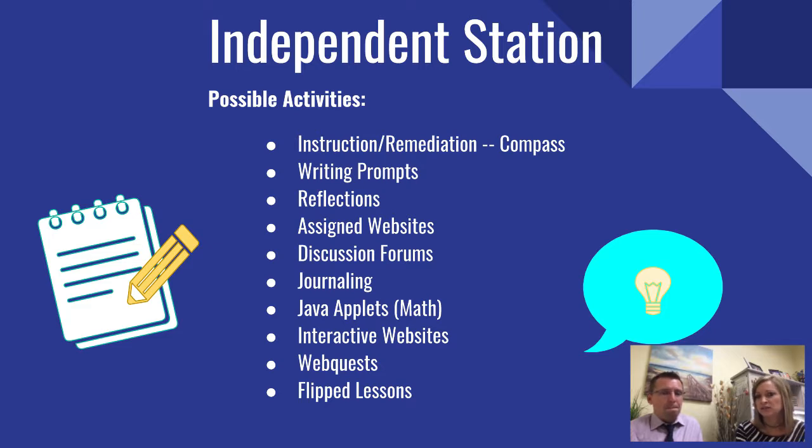I think one of the things that I just want to mention, as Ken was going over the direct station and the independent station and different activities, that I feel like we really need to reinforce is that we really like to see in the classrooms, and so do the students, I believe, is that they're doing different things every day. I think one of the things that we have learned over the years is if you put students on either an instructional based or remediation or content based type of